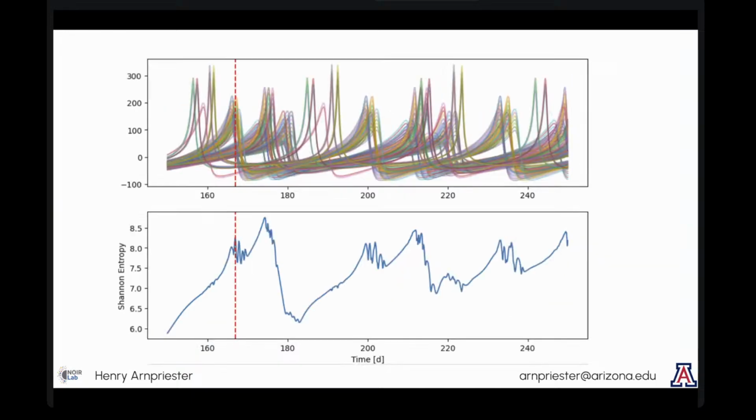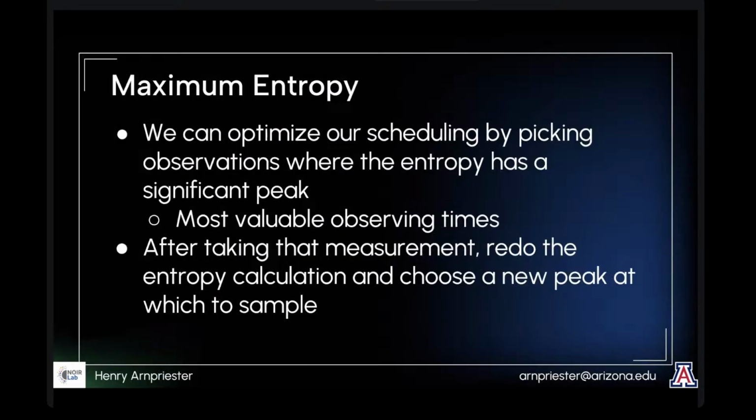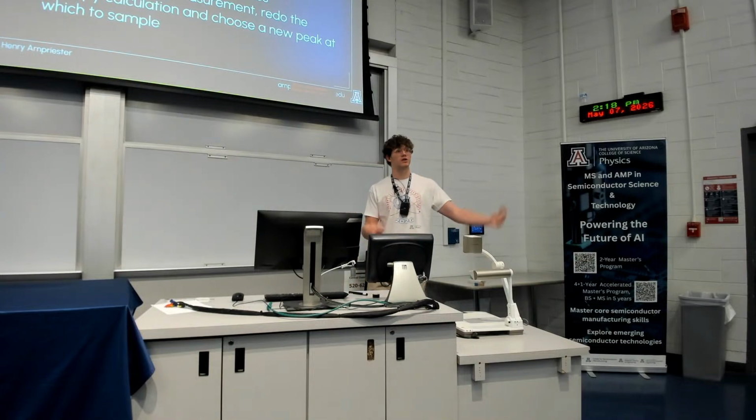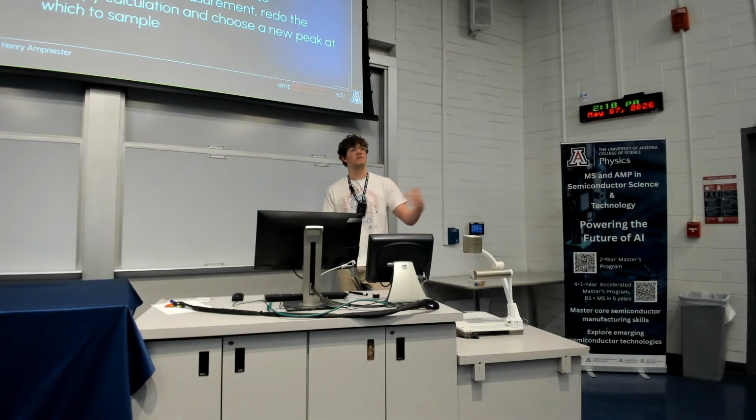And looking at a slightly more complicated system, you can see that the entropy curve is a little bit more complex, and you can see what I'm talking about in selecting the significant peaks at which to sample. Here we selected the first significant peak, and this will be our new sample. So this is how we're going to optimize our scheduling. We can pick observations where the entropy has a significant peak, because these are definitionally our most valuable observing times. After we take that measurement, we redo the entropy calculation, choose a new peak at which to sample, and go on until we have enough data points to fit with an orbital fitting model